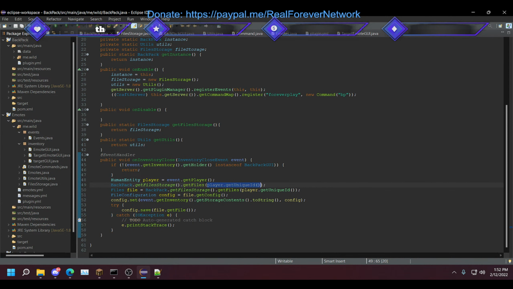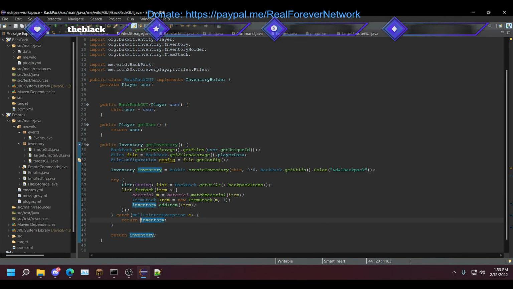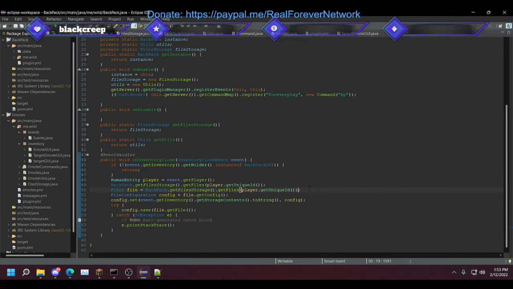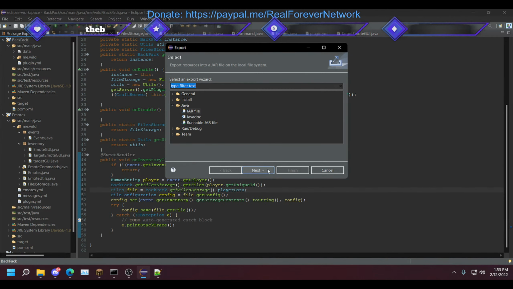It's right here. This is not right. Get file storage is not right. Yeah. Yeah, definitely not right. What did we have for this? We had this. So yeah, I don't know why I did that. What was I thinking? Got the player data. So if I export this